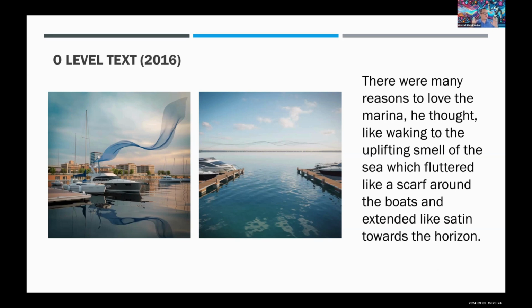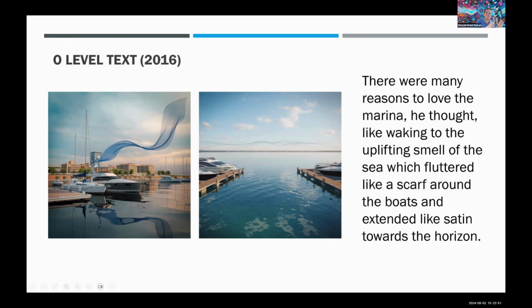So what we can do is then we feed it into the image generator, and you can see here, it's trying to create the satin smell. Of course, you can't see smell, but at least the art generator is trying to create how satin looks like. So you can show it to your students and they can get a visualization of how metaphor works in the mind. Okay, so here is the horizon. And in the horizon, you can still see it's trying to generate the smell wafting towards the horizon. So it's trying to create the image from the text.